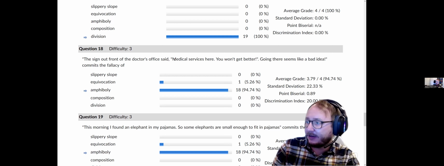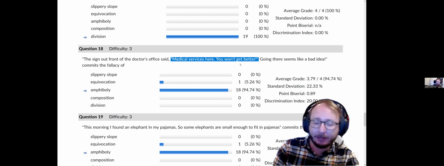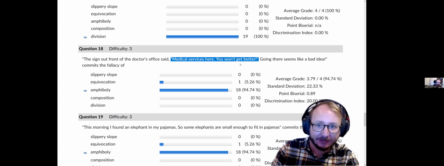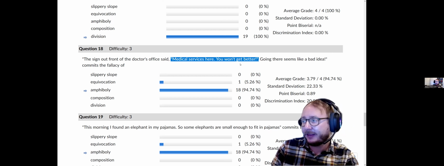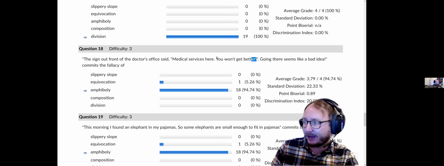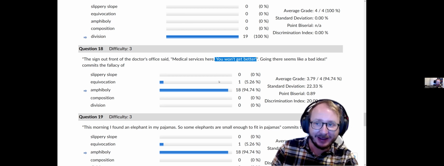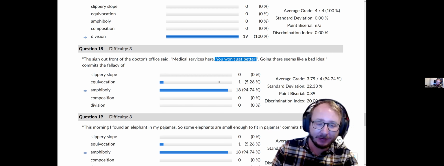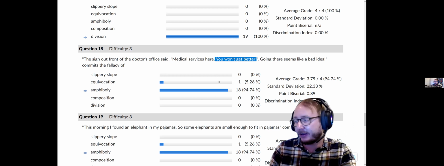Question 18. This has two different interpretations. The reasonable one is probably like, look, you're not going to get better medical services if you go somewhere else. This place has the best ones. But the conclusion seems to suggest an alternative reading that if you go there, if you use those medical services, your health will not improve, right? You won't get better. That's really the problem here, this is amenable to these two different interpretations. The conclusion depends on an unreasonable one.